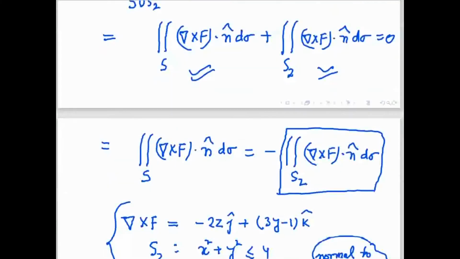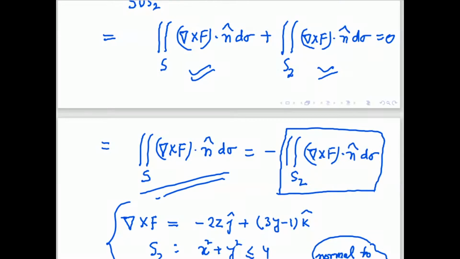So in the question, if you want to write directly, you can directly take k-cap, because that minus will cancel with this minus. The overall conclusion is that the surface integral over the cone is the same as the surface integral over that circle. That is the direct conclusion without even using the divergence theorem. That is the result you can use directly.